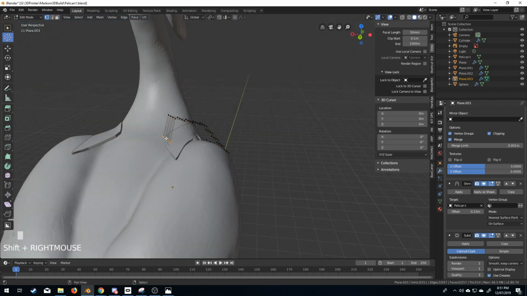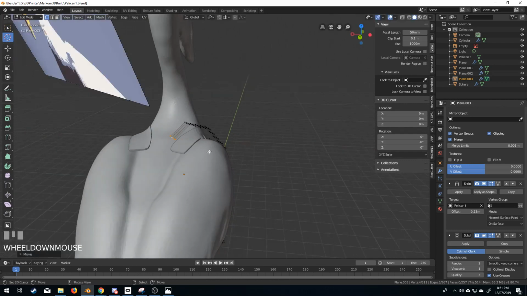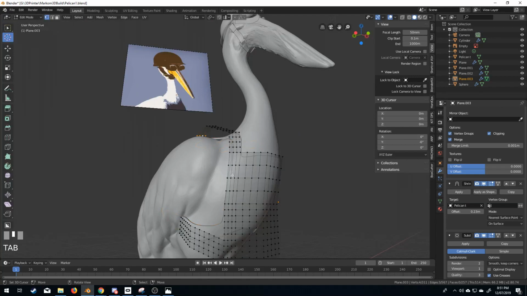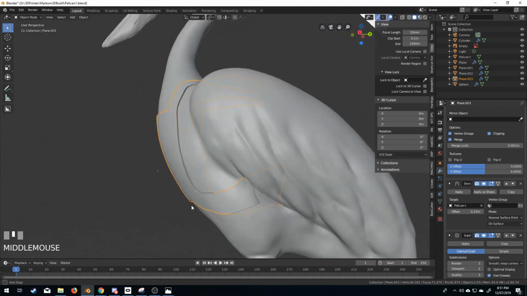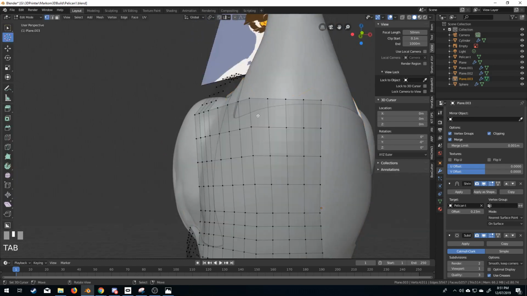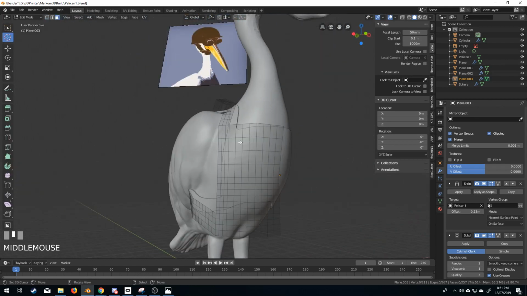Let's move this over. GX. Okay. Cool beans. From here, let's give it some plates. So I'm going to grab